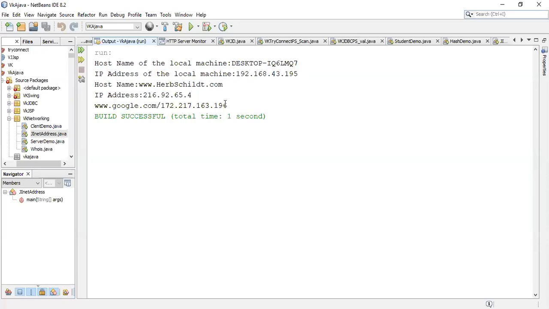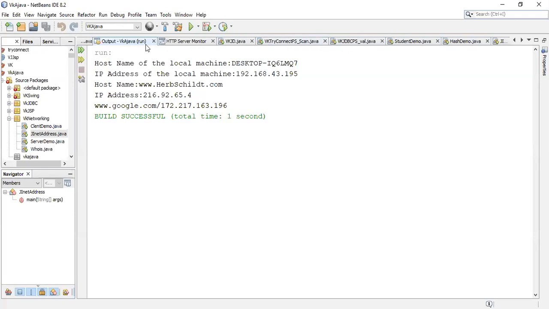Even earlier, I had experienced this. Sometimes when I execute it, it gives me multiple IP addresses, and sometimes when I execute, it gives me only one machine. That may be the case when all the servers are active, it may be giving me the names of all the servers or all the machines on which Google is located, or sometimes it may be giving me the single. So even if I have tried to use get all by name, still sometimes it gives me a single machine's address. So I can repeat it again. So I may execute it again.